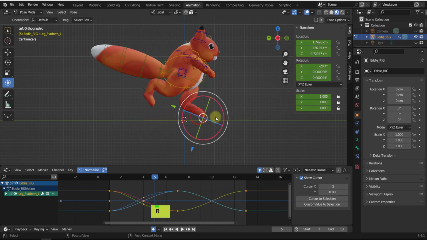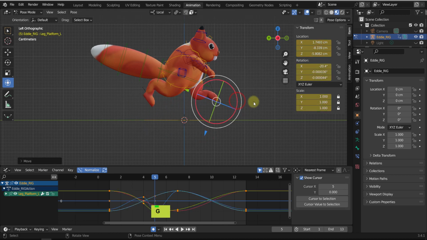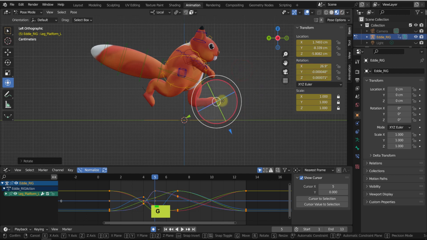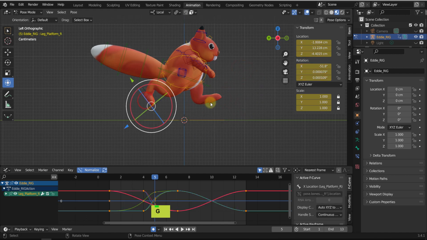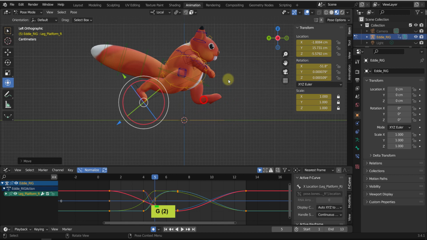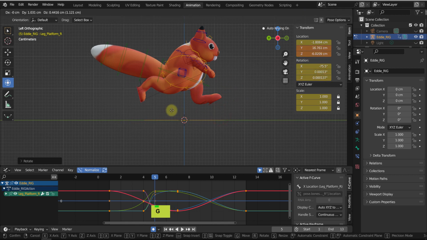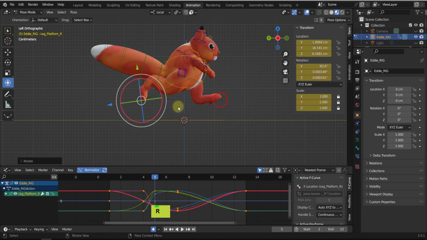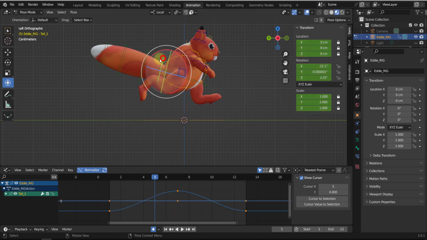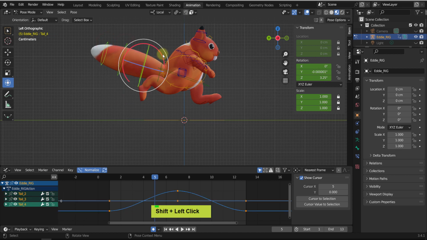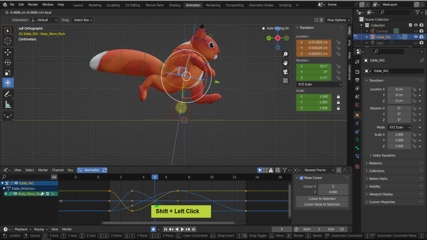So I want to make sure that everything is nice and clean, and we are just really up in the air. And R. So I'm using G and R in combination because I want to keep track of how things are looking. And also maybe the tail is a little bit curvy because we are now traveling upwards. And also the body is a little bit higher up,